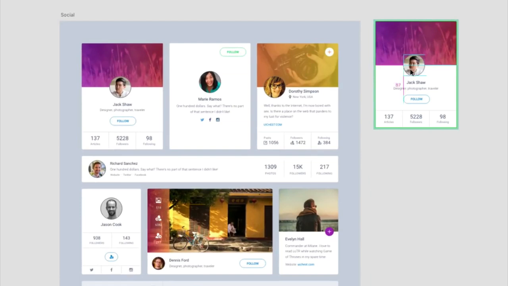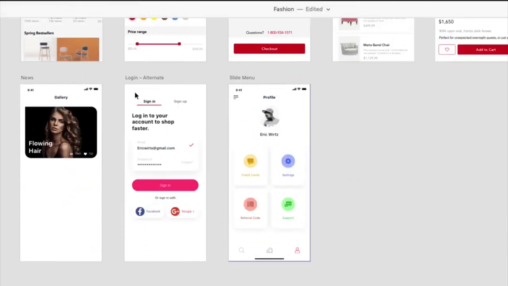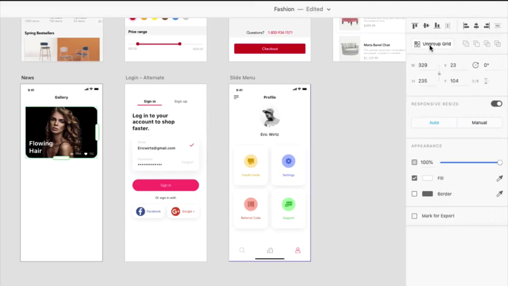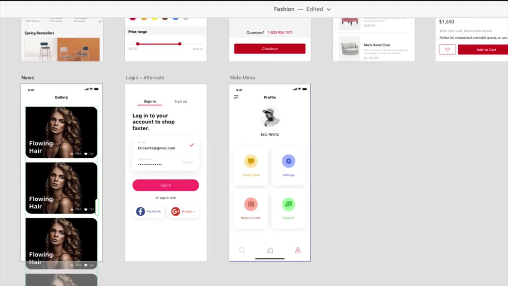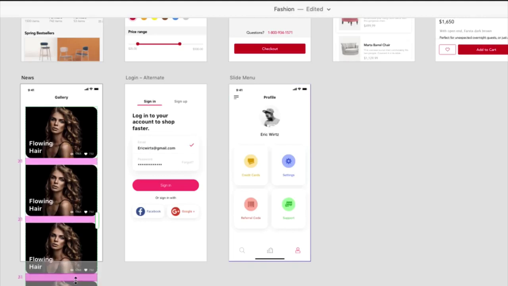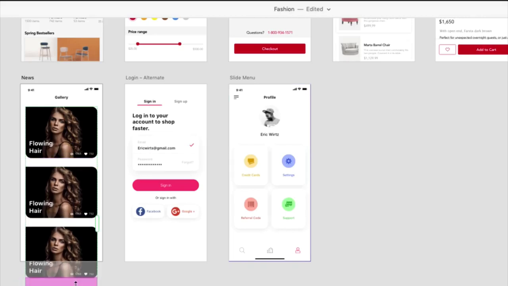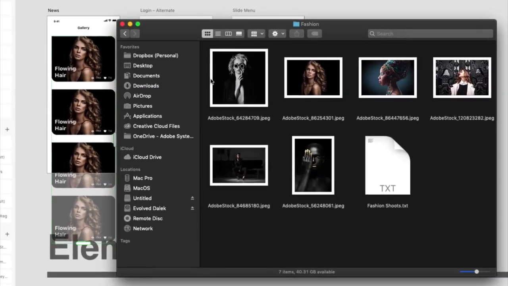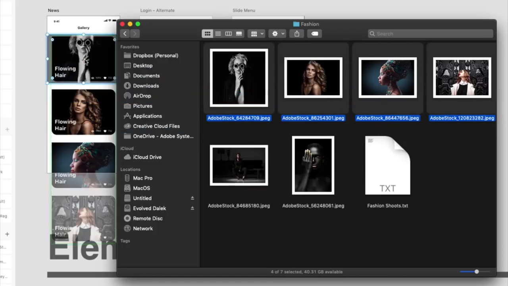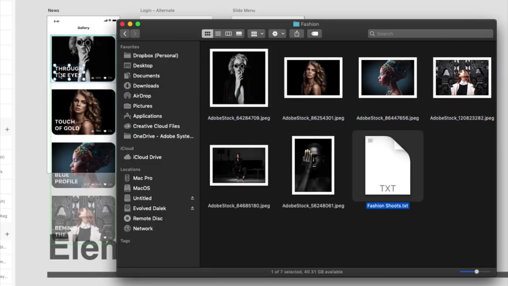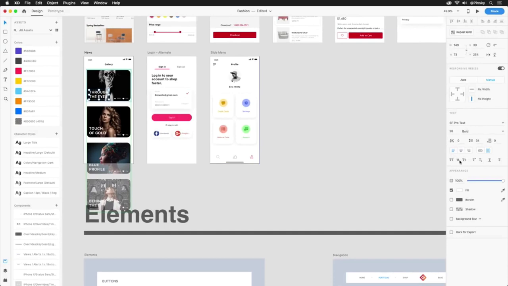So now that your Sketch file is loaded in, you can immediately continue designing with many of the features that make XD shine. Panning over to one of the artboards, I may want to create a grid using this first card. So making sure that it's selected, I'll hit the Repeat Grid button over to the right, drag out a few more down the screen, and then adjust the padding by pulling on the pink area. With those in place, I'll hop over to Finder where I have a few images and a plain text file. All the images can be dragged onto any of the rectangles to populate the rest of the grid. Then the text file can be used to fill in the titles.